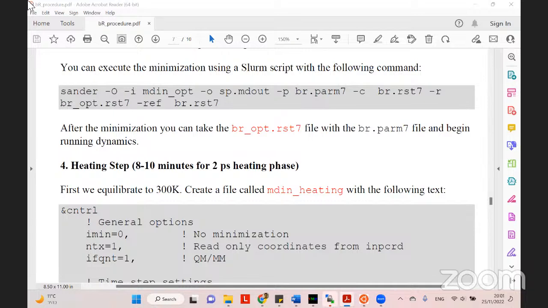That's the thing. That's because you have it from the